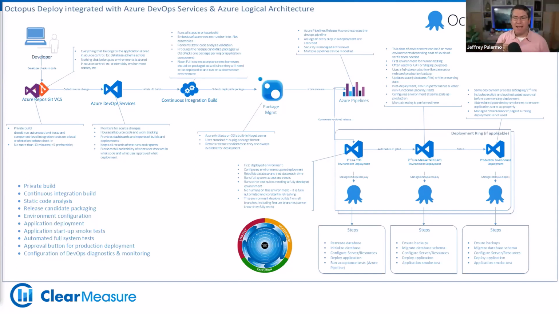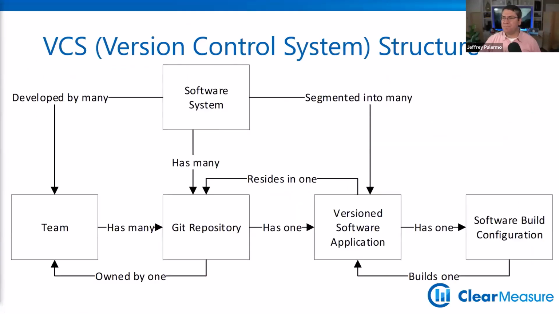Pulling back from that, we need to have an environment for automated testing. Otherwise, you can't really run your full system tests. And we encourage you to have full system tests. Okay. And so we're going to show how Azure Pipelines integrates with Octopus Deploy, so you have a full view of your entire pipeline. Now, a few things to think about